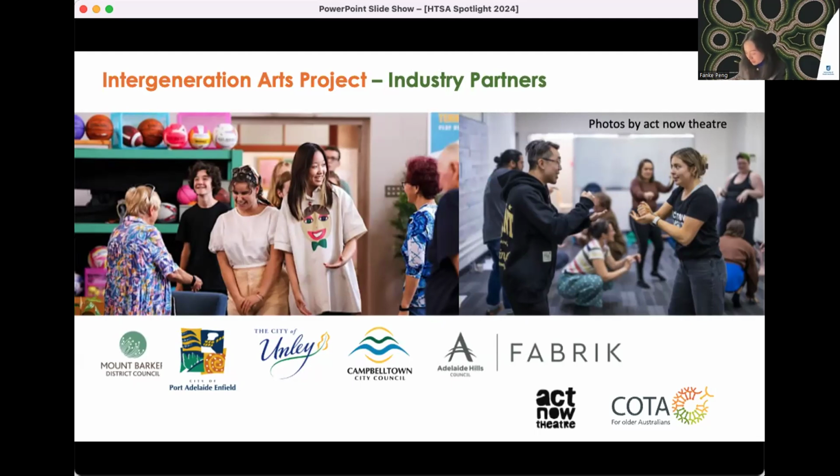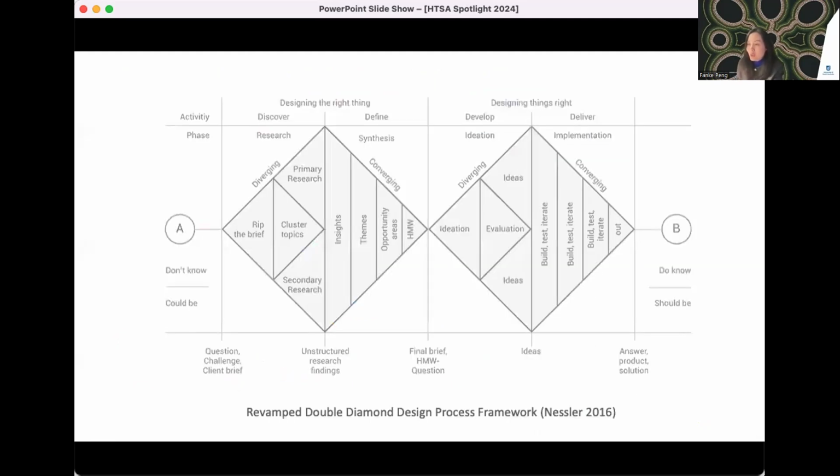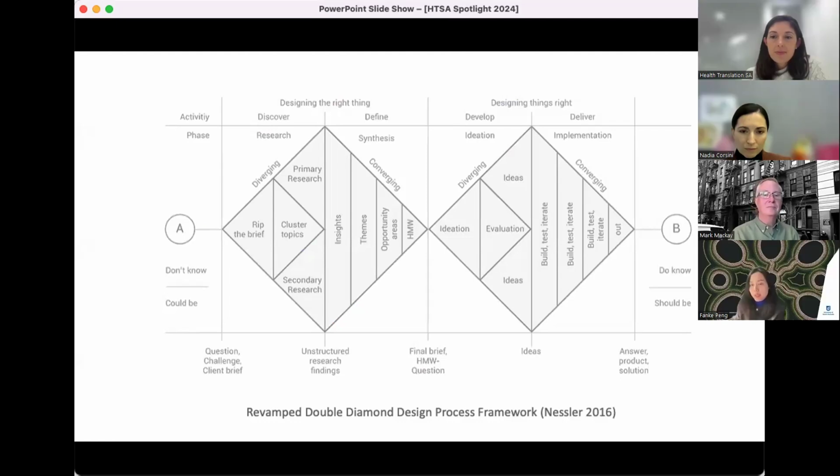So for this project, we have 2 stages. And to visualize it, on this slide, I just use this double diamond model. The double diamond model was first introduced by the British Design Council. And since 2005, there have been so many variations of that model. The one I put on the slide, in my opinion, is very informative and gives you all the information on what you need to consider.